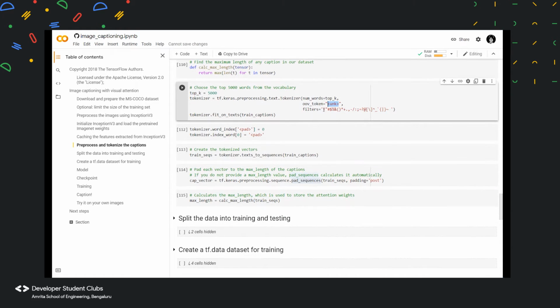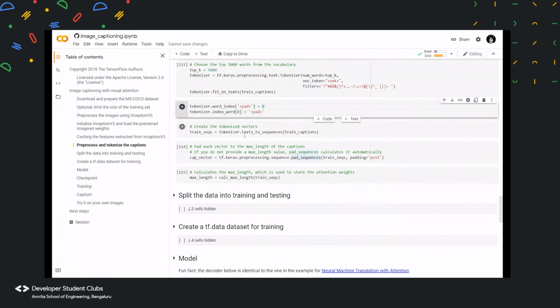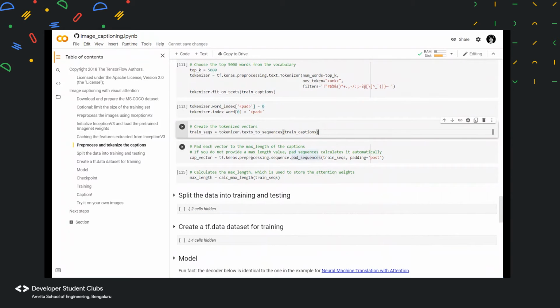Then we are using filters. This particular string has multiple characters which generally occur in words, so we use these filters to remove any of these characters if they exist in a particular word. So we are pre-processing, like cleaning the captions. Then we are using a pad, that is for padding.